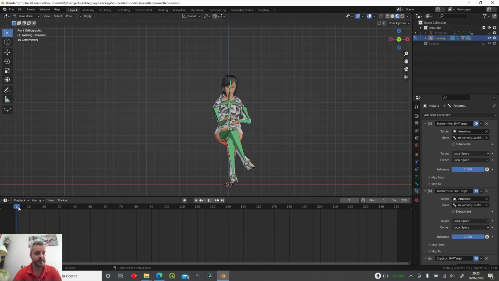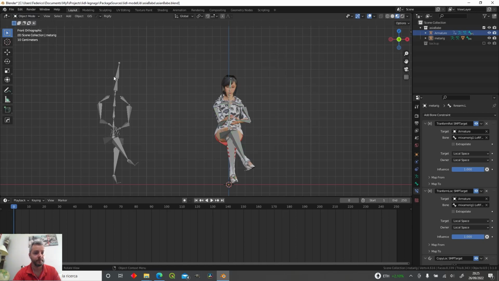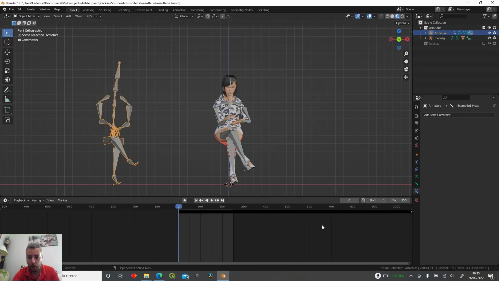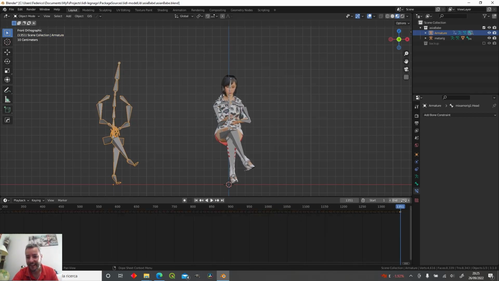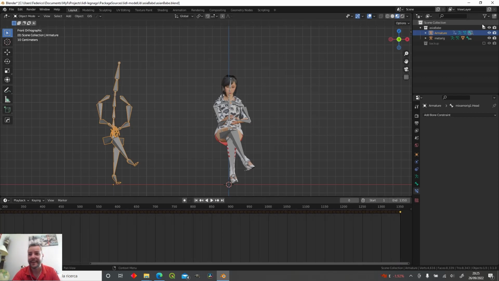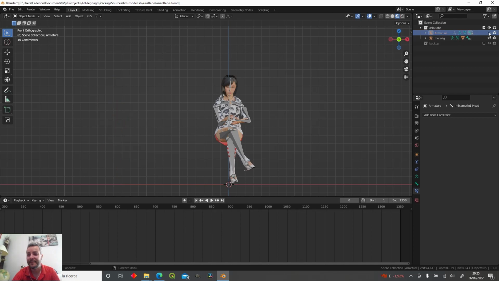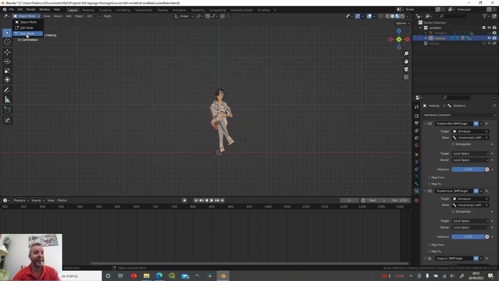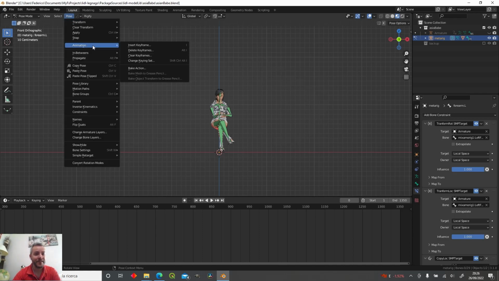So let's see how long this animation is. Let's look at this in object mode. Oh my goodness, it's enormous. Oh, she's talking a lot. 1350 frames, she's talking a lot. Okay, so let's disable this one, and now we go to the pose mode, and let's do the pose, animation,